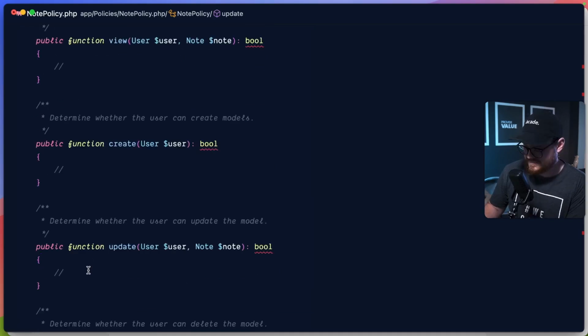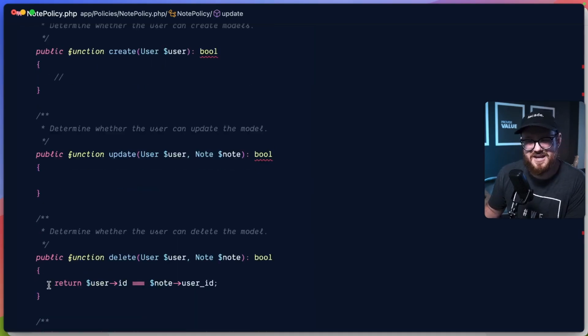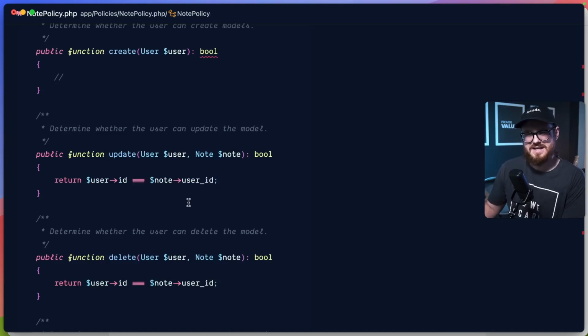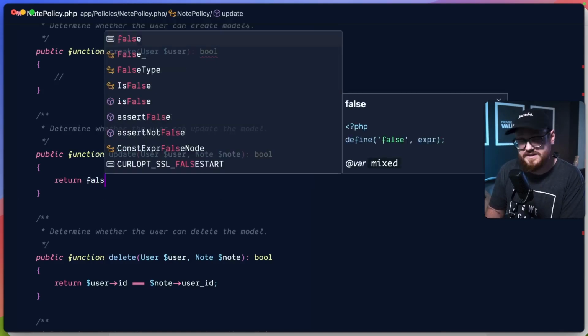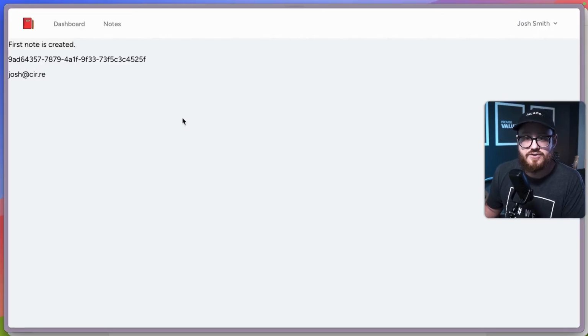And here it is. So we basically want to use the same function that we used for the previous note. We can just copy and paste that in. Return true if the user ID is equal to the note user ID. Otherwise, return false. So if we were to say return false and try to access this again, what we can